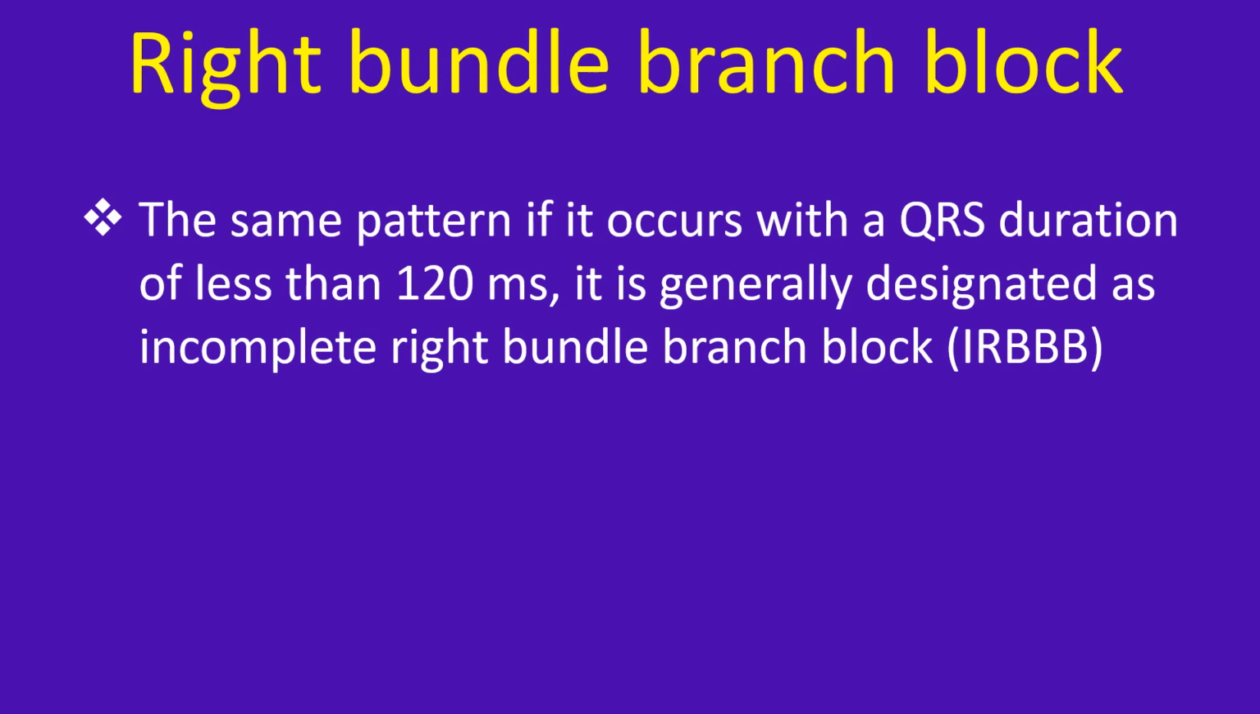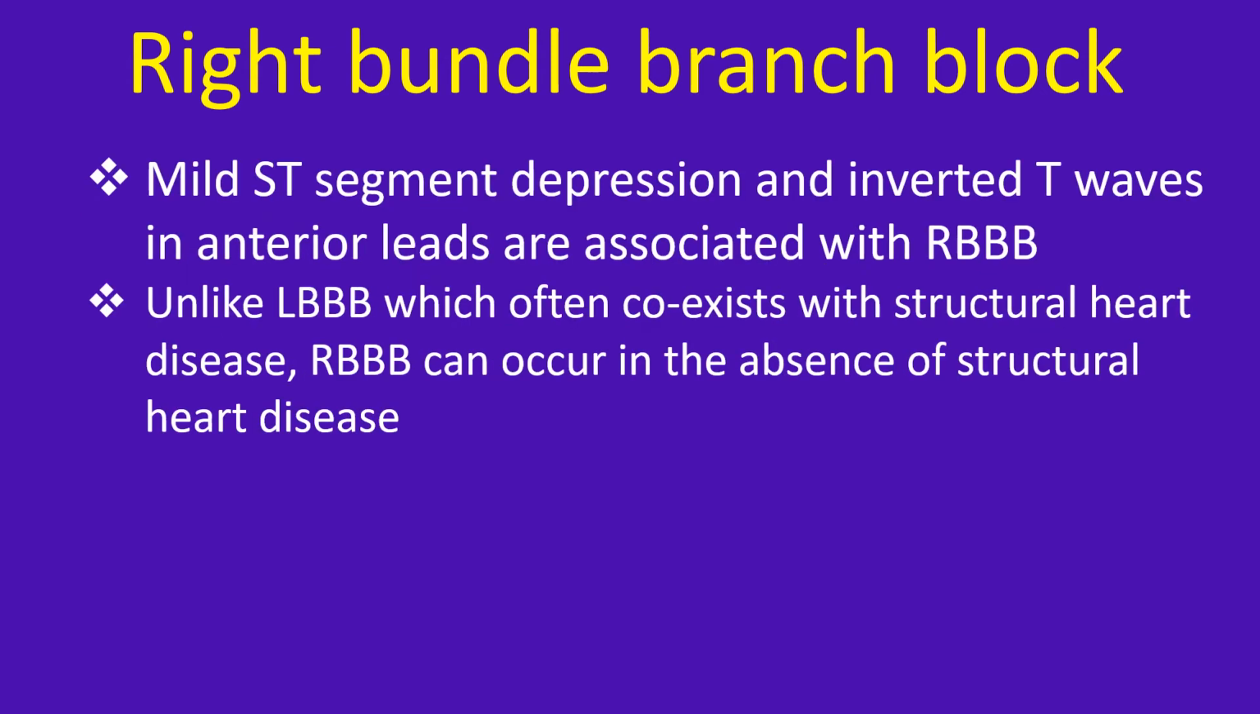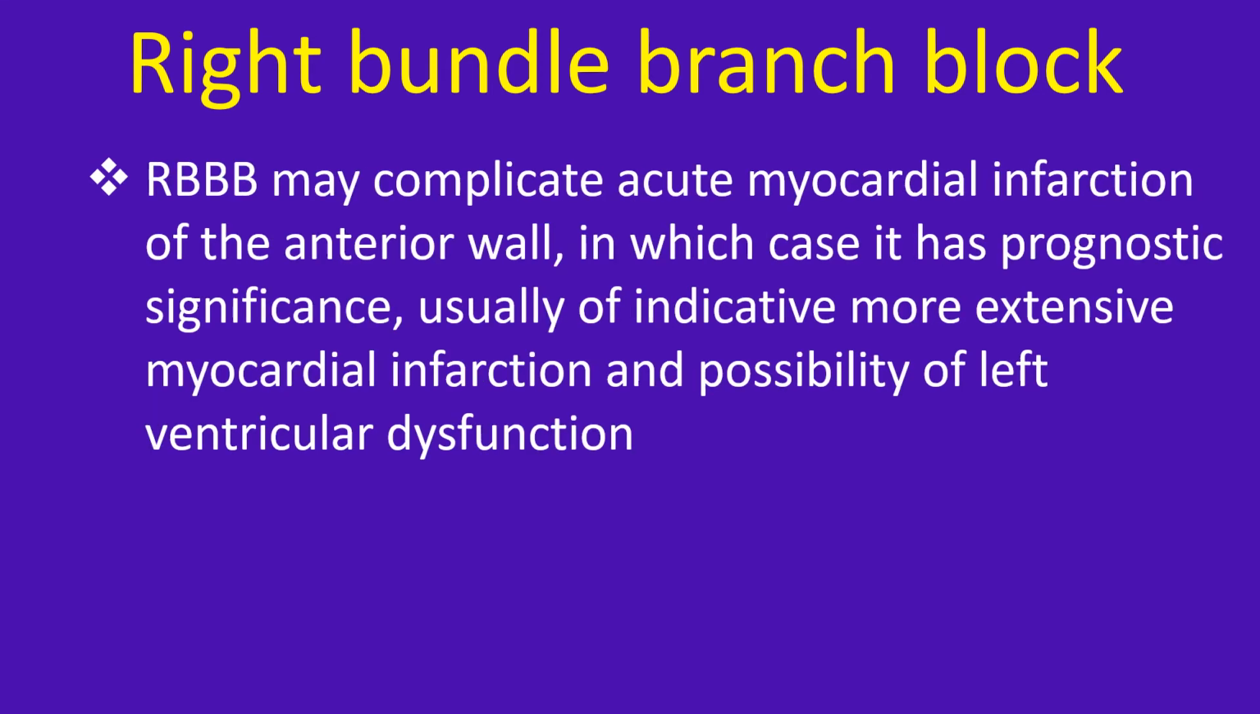The same pattern, if it occurs with a QRS duration of less than 120 milliseconds, is generally designated as incomplete right bundle branch block. Mild ST segment depression and inverted T waves in anterior leads are associated with RBBB. Unlike left bundle branch block, which often coexists with structural heart disease, RBBB can occur in the absence of structural heart disease. RBBB may complicate acute myocardial infarction of the anterior wall, in which case it has prognostic significance, usually